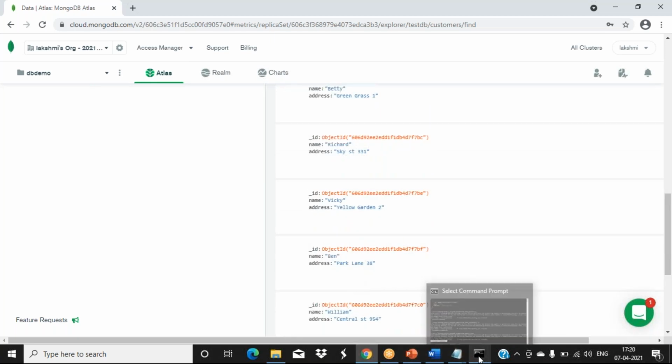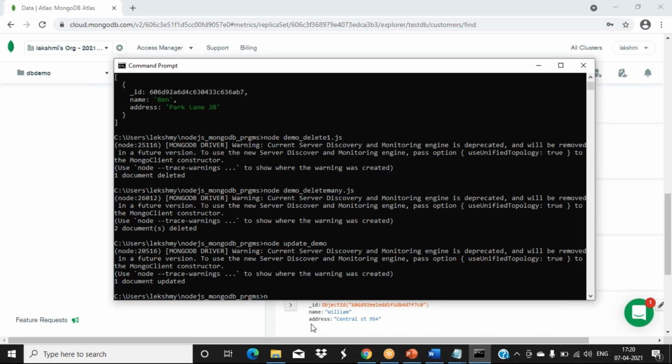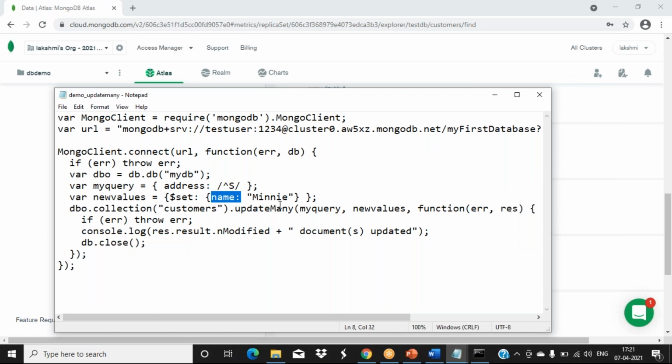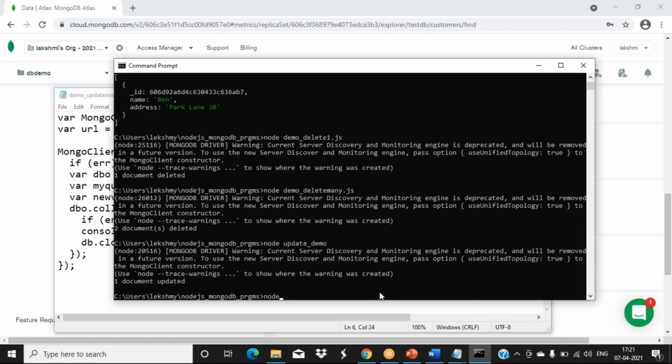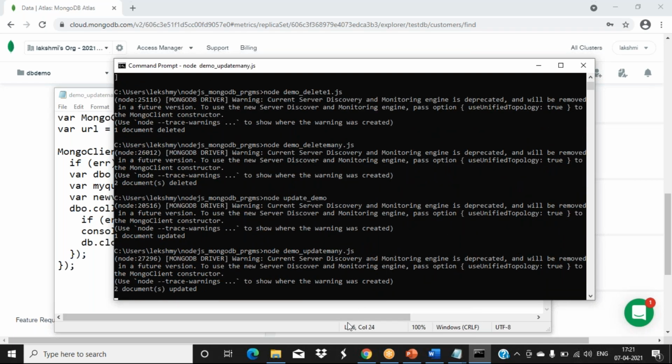Now both are being updated with the same name. Okay, we'll see with node.